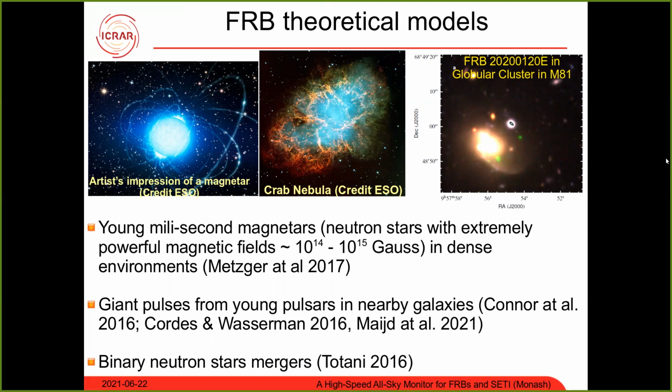But on the other hand, this one was also observed at very high time resolution, and it was shown that it has time structure on time scales of hundreds of nanoseconds, which is actually very similar to what we know can be emitted as Crab-like so-called giant pulses. So giant pulses are pulses which have huge flux but very short duration,